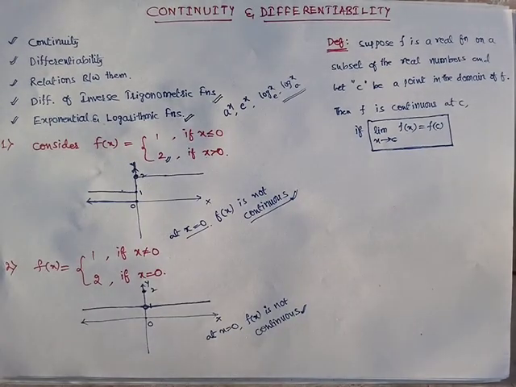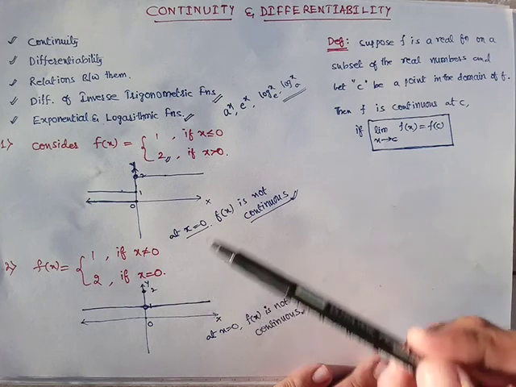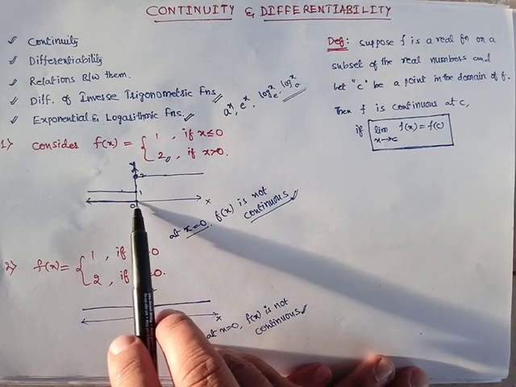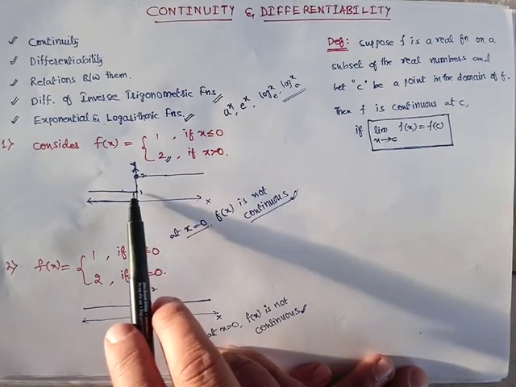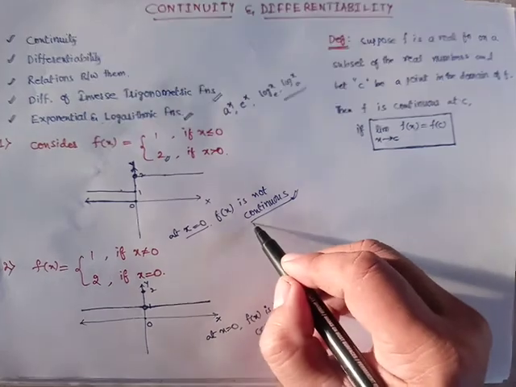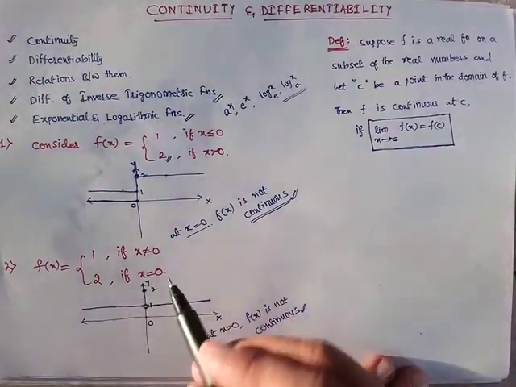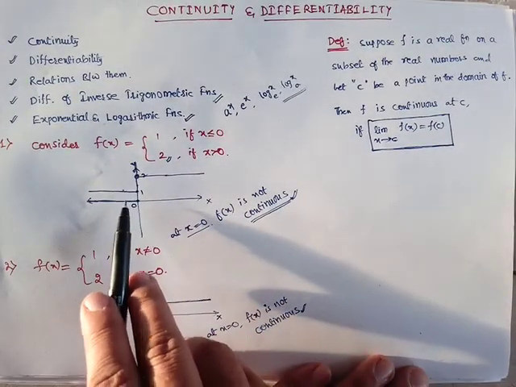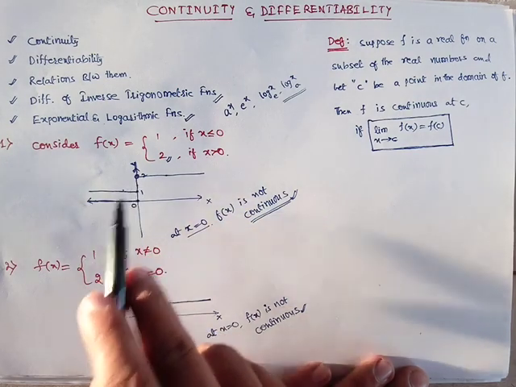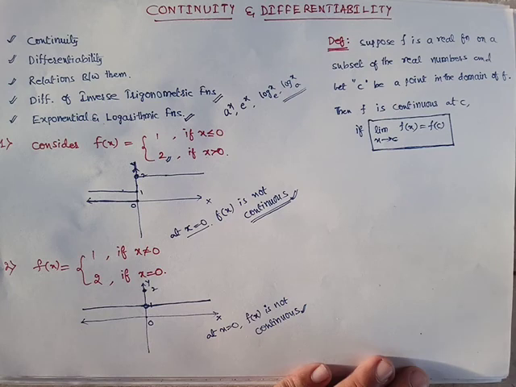Okay, coming to the next definition, the definition of continuity. As we observed in these two examples, what is the understanding here? At that particular place, on the left-hand side as well as the right-hand side of the point, the function should be continuous. If the function is continuous on the left-hand side of the point and on the right-hand side of the point, then we can say that at that particular place f